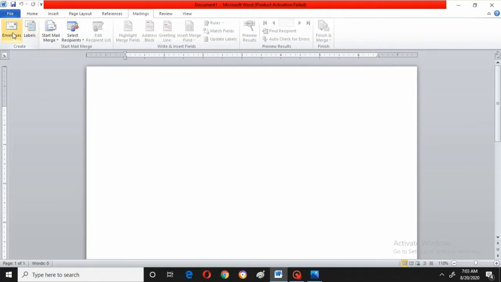When you want to write envelopes, you all know what an envelope is. It is for creating and printing letters. Envelopes are about the outside of the letter, how you will see the address and everything, all those things you can do. Labeling is the same thing, but the important thing in mailings is only mail merge.